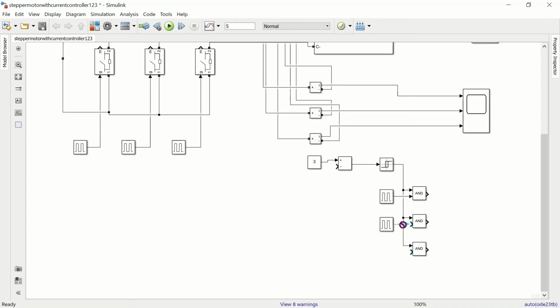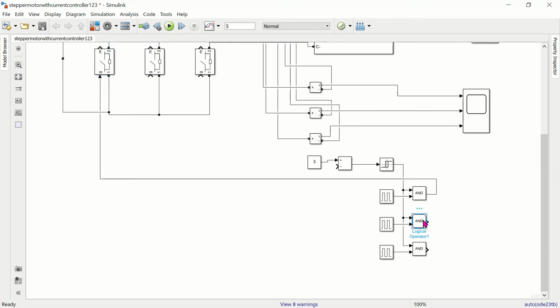So what is the current in phase 1, A, B and C? We are going to select. Now we can delete this input and connect this logic output as an input to the gate.